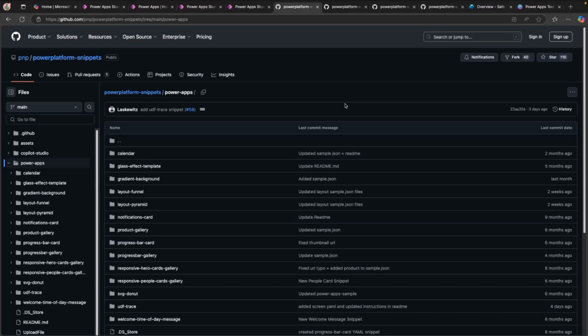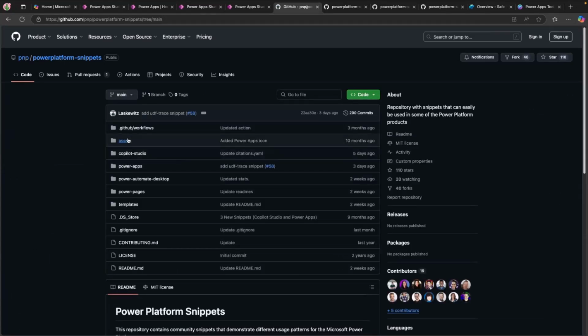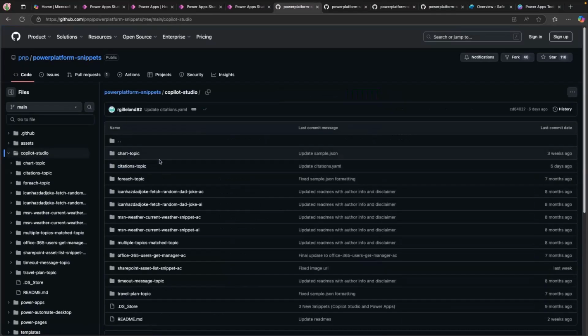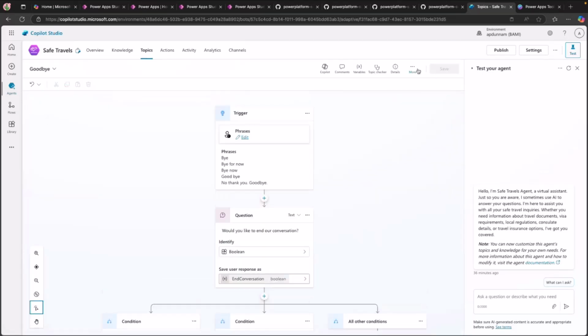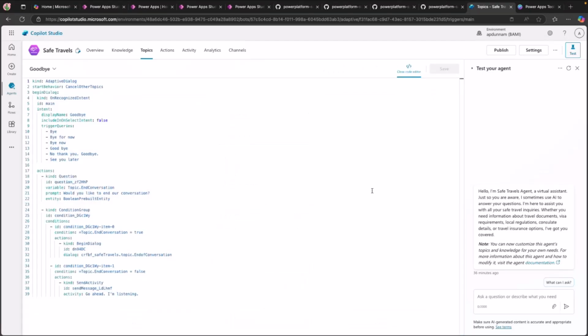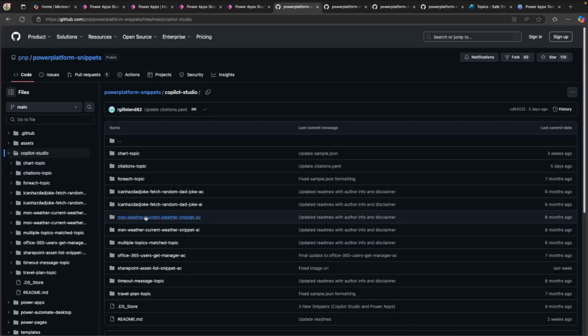Yep. So thankfully, we have a snippet repo out there. If you go to aka.ms/powerplatform-snippets, you can get right to our snippet repository, and we have all kinds of snippets to choose from. When you first land here, you'll see several different folders of Copilot Studio snippets that you could copy and paste into your topic. If you go into a topic here, we can click on this More button, and we can switch to a code editor view, and you guessed it, this is all YAML. So you can share snippets that will write complete Copilot Studio topics for you. And we have some of those available here in our snippet repo.